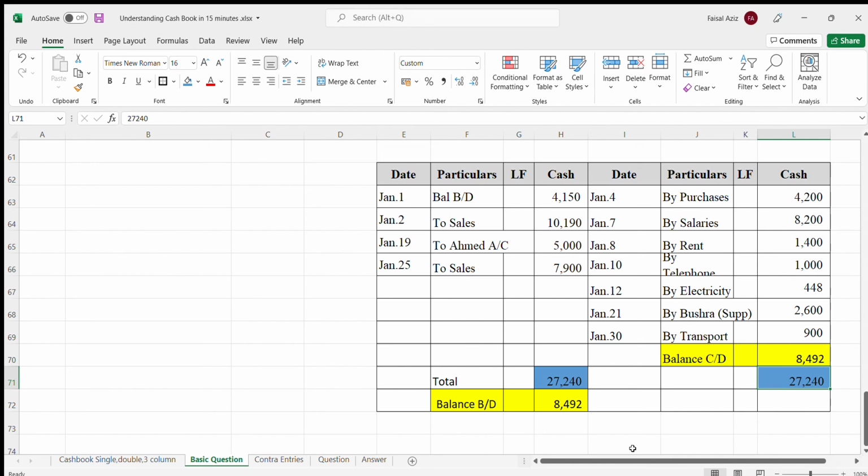Viewers, the cash book plays a dual role, as it is the book of original entry of the company as well as the book of the final entry. It has two identical sides. We have discussed the left hand side and the right hand side. The difference between the total of the two sides gives cash in hand or bank account balance. The transactions which are done on credit are not recorded in this book.